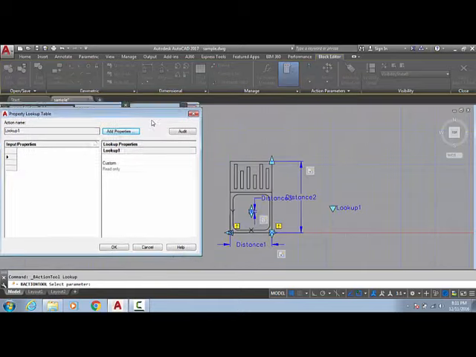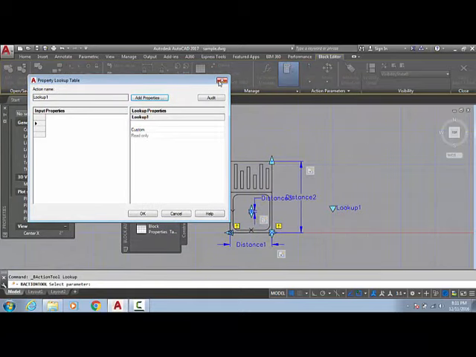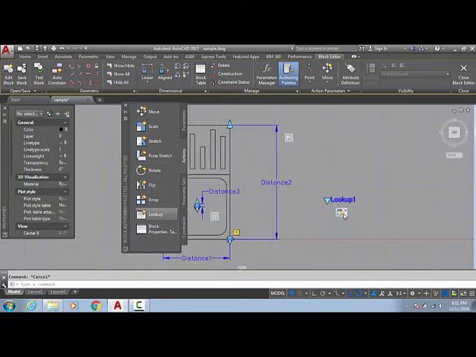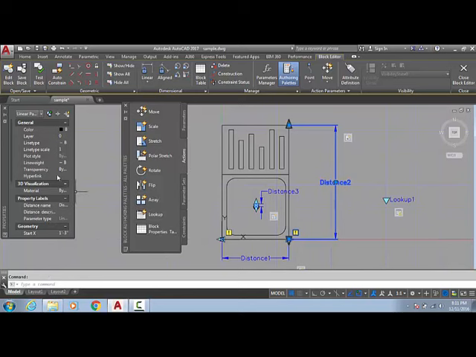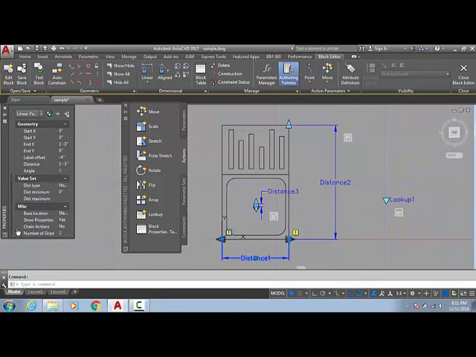Now you will get a lookup table, okay. What we have to do, I am just going to close it again. So here is the hyphen key because we didn't provide any table, so just go here and we will see the distance to fit 2 inch. Again see here, distance 1 is 1 feet 3 inch and this distance is, okay, this distance is 1 feet.